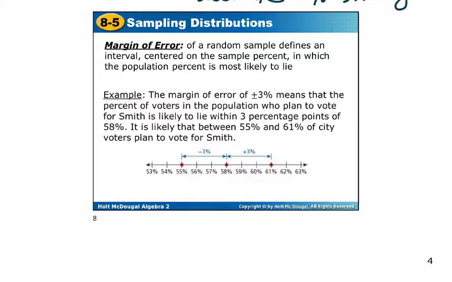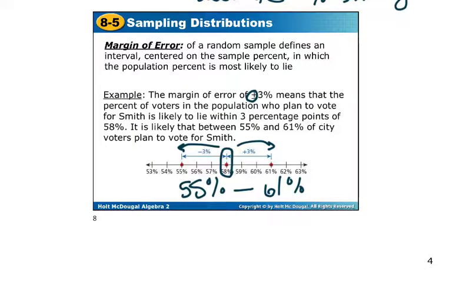So then the next piece here is your margin of error. Of a random sample, the margin of error defines an interval centered on the sample percent in which the population percent is most likely to lie. So apparently this is kind of your center of the response, and then the margin of error needs to add 3%, but then also subtract 3% of the voters in the population when we're talking about this case. So again, the margin of error is plus or minus 3%, meaning that the percent of voters in the population who plan to vote for Smith is likely to lie within 3 percentage points of 58. And so that means that we could be between 55% to 61% likely to vote